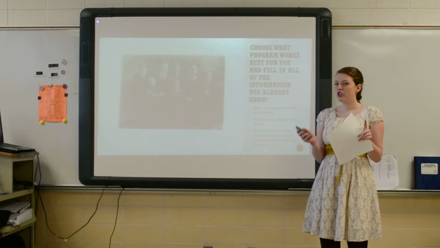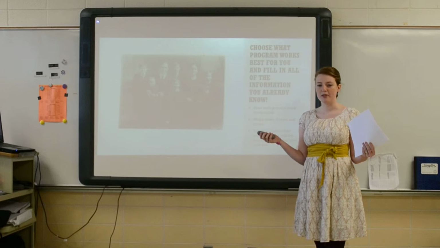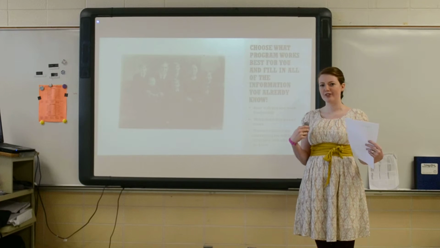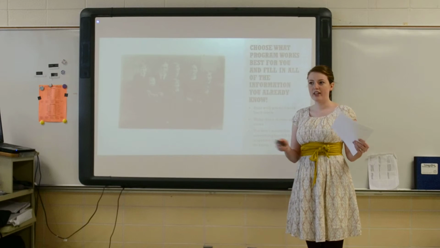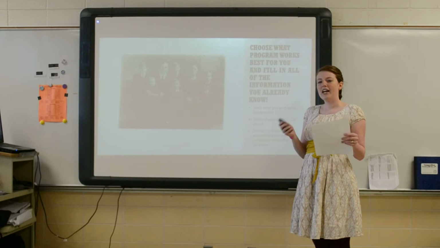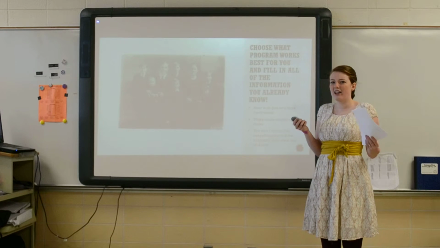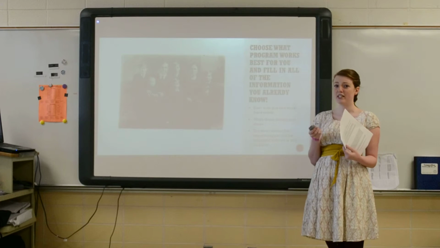So it's kind of trial and error, but pick what works for you, and then just start adding the information that you know. It's easiest to start with yourself, because that's who you know the most about. You know your birthday, you know when you did things, and then go backwards. Do your parents, and then do their parents, and just see what you know. It'll kind of surprise you the amount of information that you actually have. Be sure to write down the stories as well.